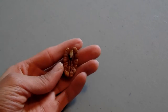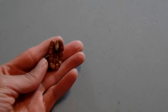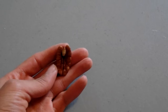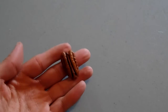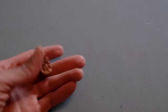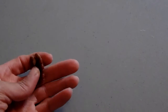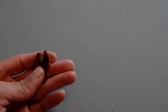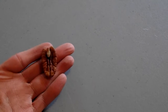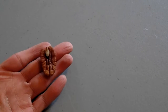I was doing some research on why some foods look like body parts, actually, on why this looks like a lung, and I couldn't find any information. I was doing research. Why do walnuts, is this a walnut or a pecan? I think it's a pecan. Why do pecans look like lungs? And I couldn't find anything on that, but I did get